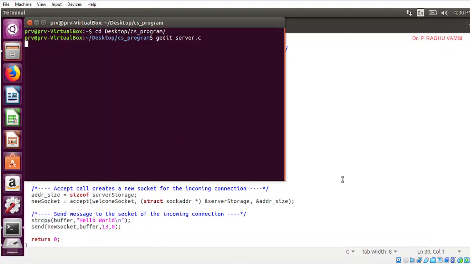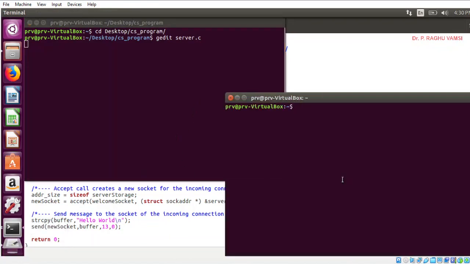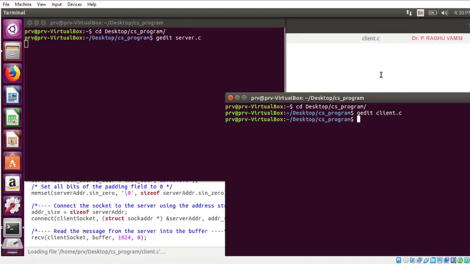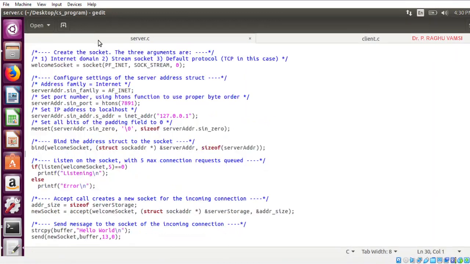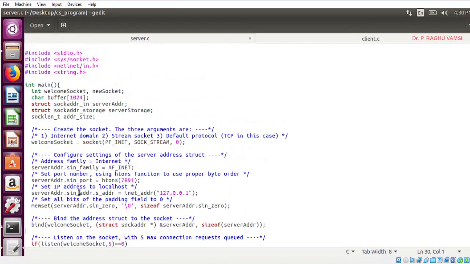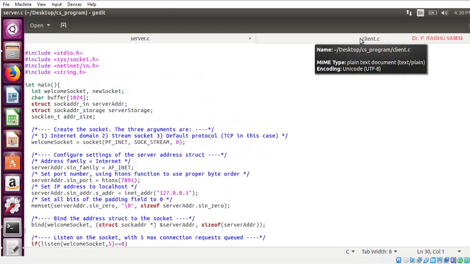Now I'm going to open another terminal: cd desktop, the client server program, gedit client.c. Now here is the client.c program. Whatever steps you have observed in server.c, we will follow similar steps in the client also.